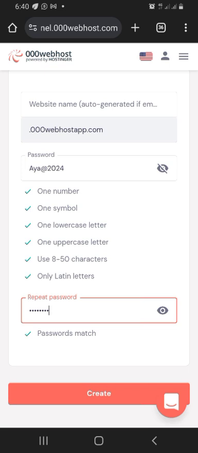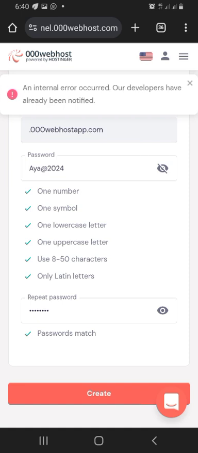And if you click on create and it doesn't create, just keep clicking on it. This is a free service, and sometimes they may not respond very fast, so keep clicking on it. You may also want to check your email because they sent you a mail, and take further instructions from your email.